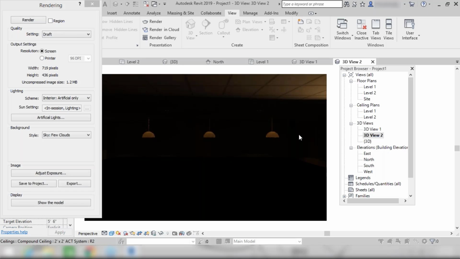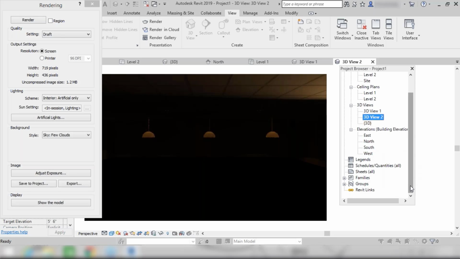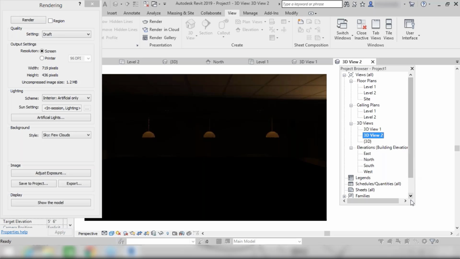And this is the view, the rendered view of this particular thing we have over here, right? So in this way, you can obtain the rendered view of different settings, right? You can go with sunlight as well or artificial light as well. It depends upon you. Clear?